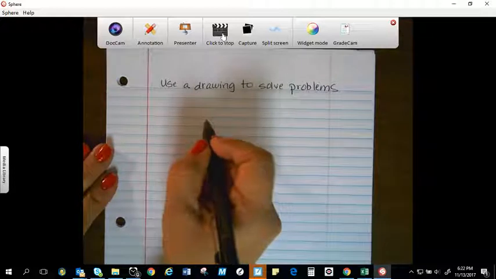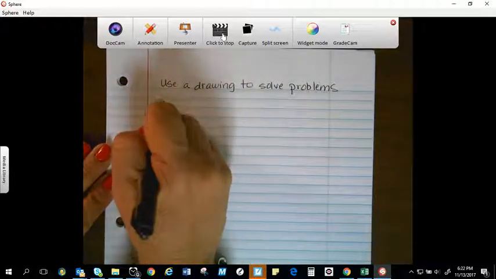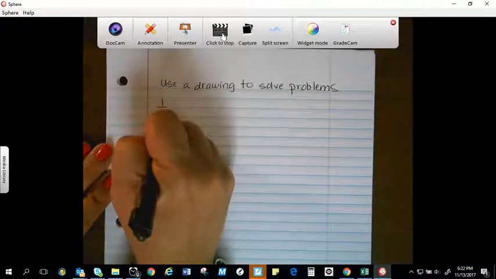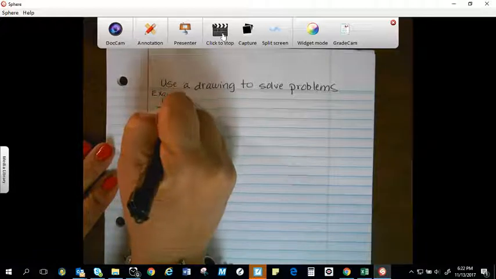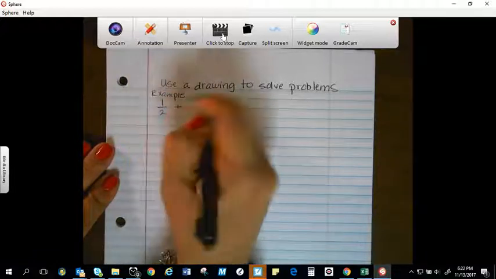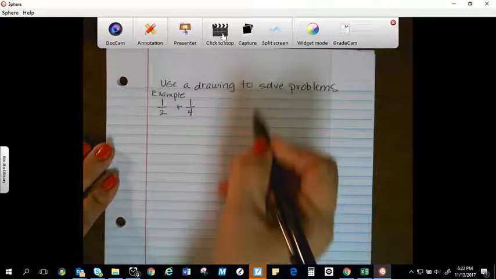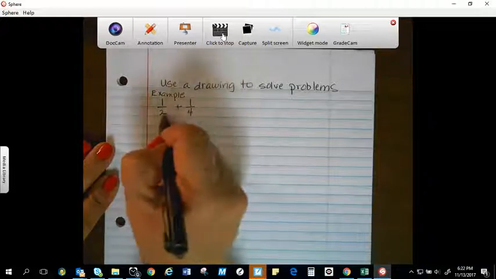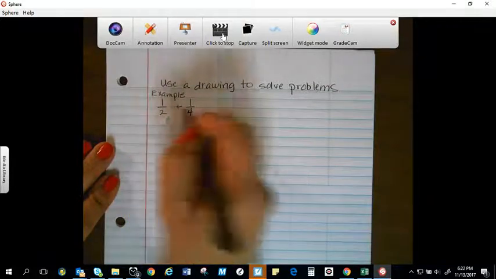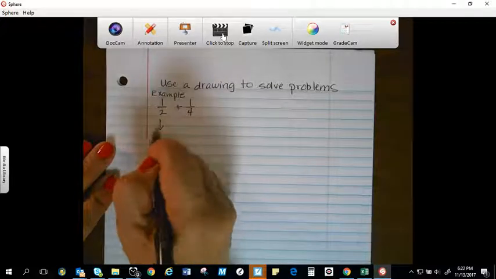Alright, for instance, one of the problems that we worked on today was 1/2, this will be the example, plus 1/4. Now we know that we can't add 2 plus 4 because they're unlike denominators. Using this in a diagram, I'm going to represent